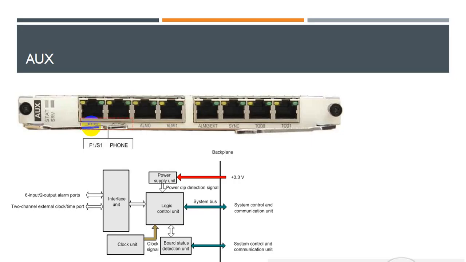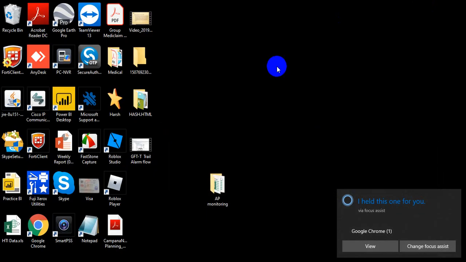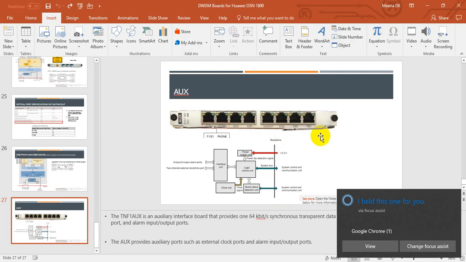So that's all. This completes the major 1800 chassis, the 1800 node series. Just to add here, there are three types of 1800 chassis: 1800 type 1, type 2 and type 5. So that completes the complete